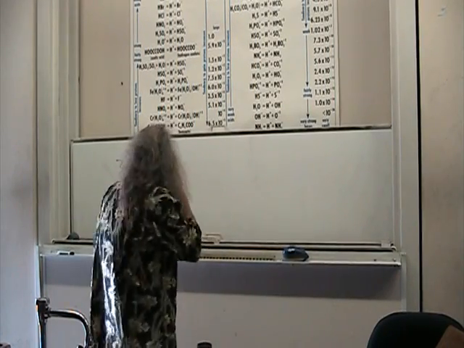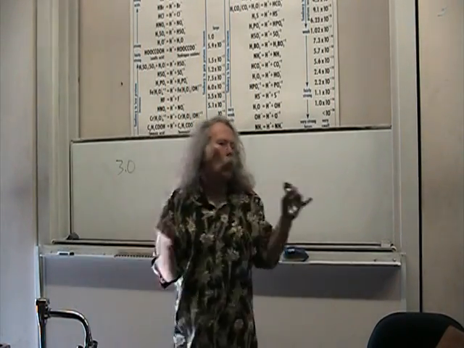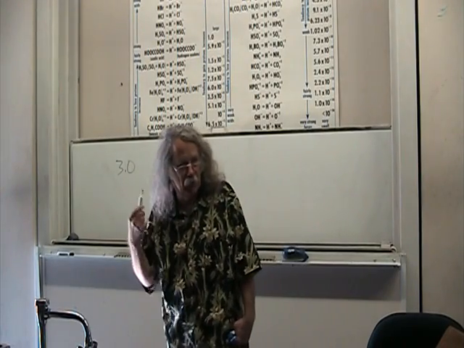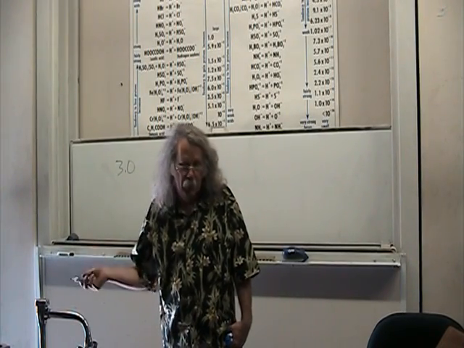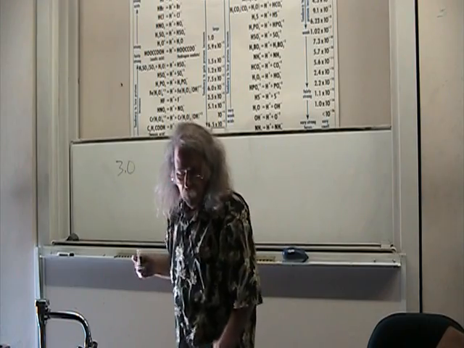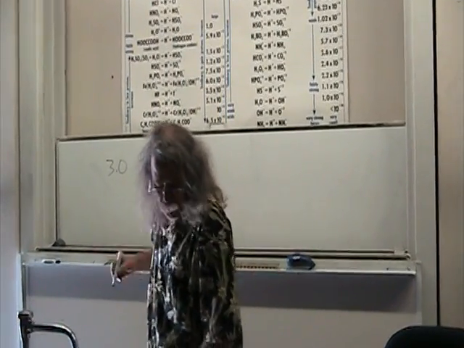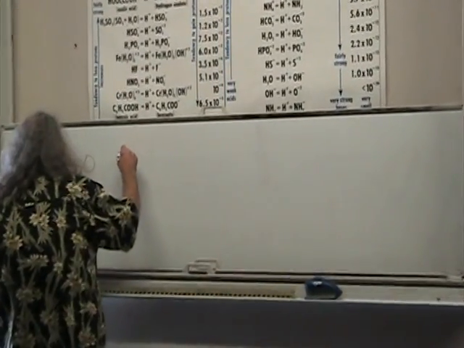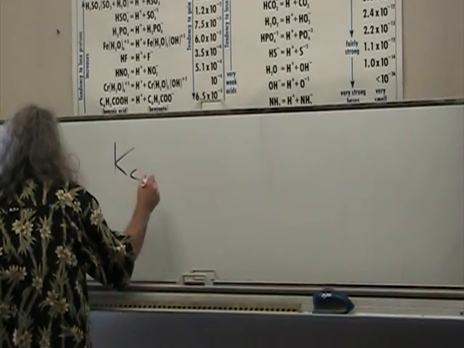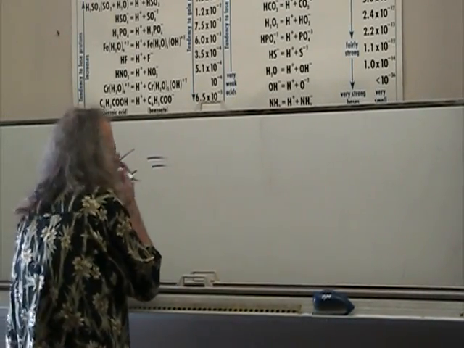So we've got to write the... Yeah, you're going to have to go the other way. You're going to go from the mass action law to the actual equilibrium. So the Kc is equal to